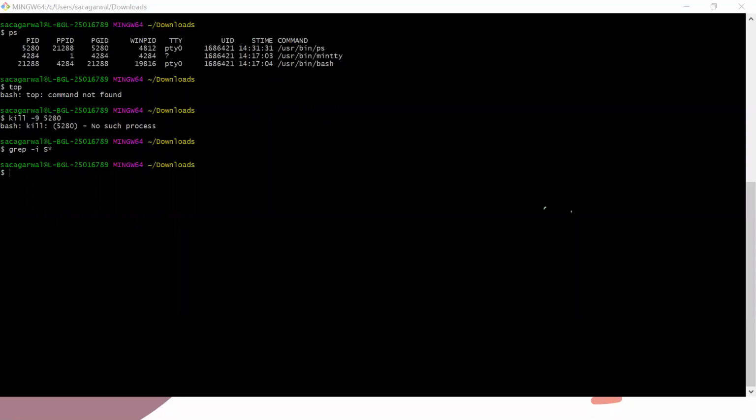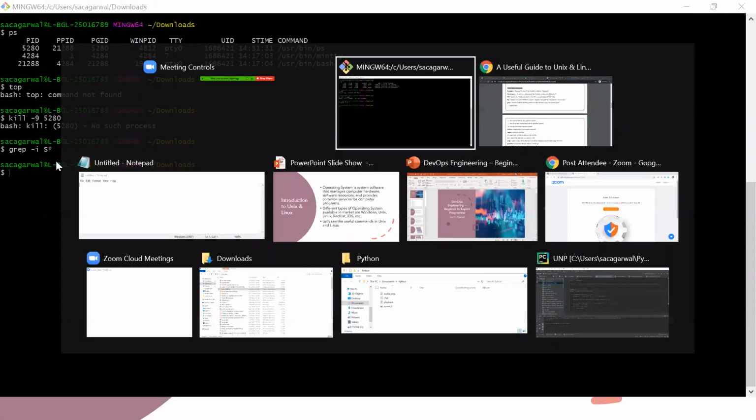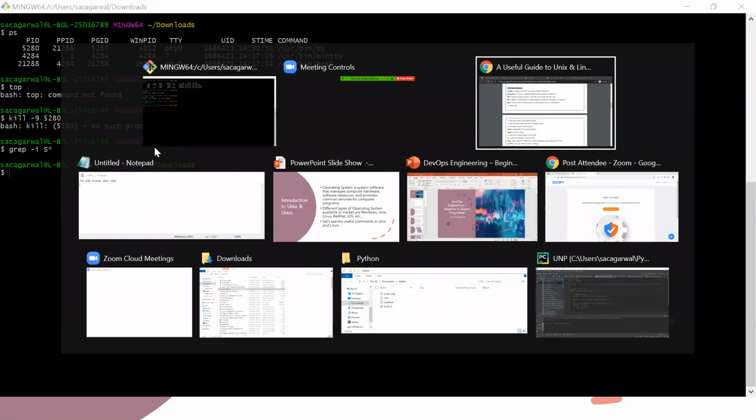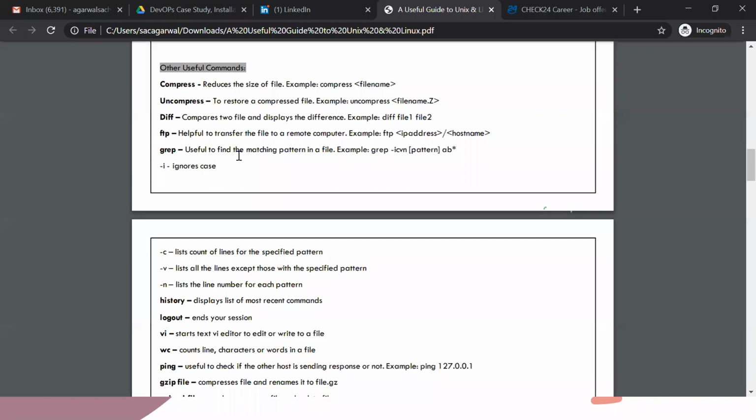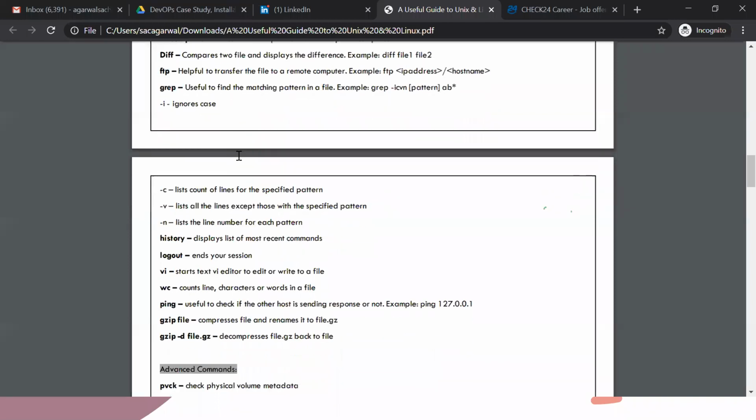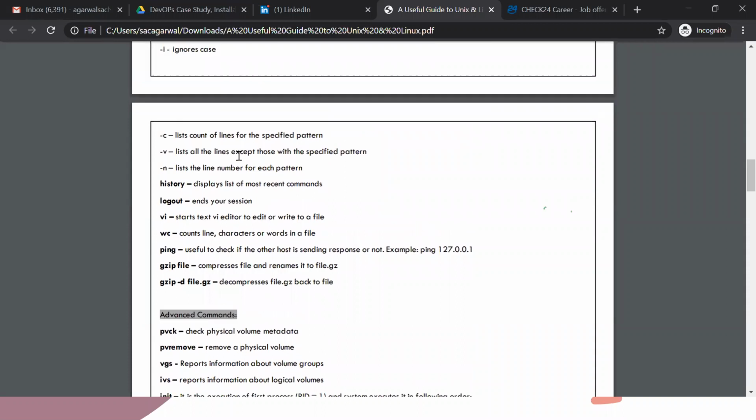Okay. Now, minus i is basically to ignore the case. Minus c is to list the count of lines for the specified pattern. Minus n tells you the line number for each pattern. History will tell you